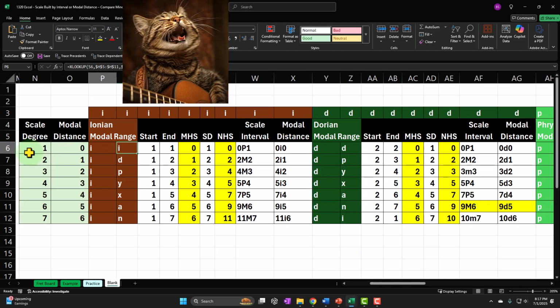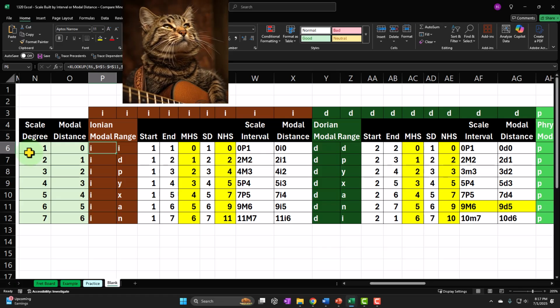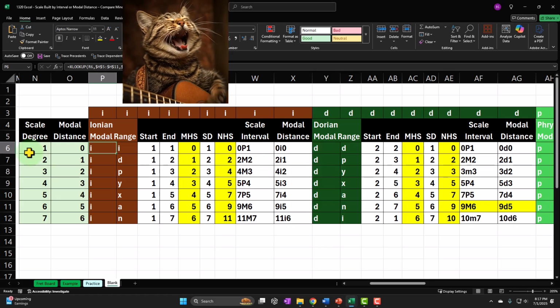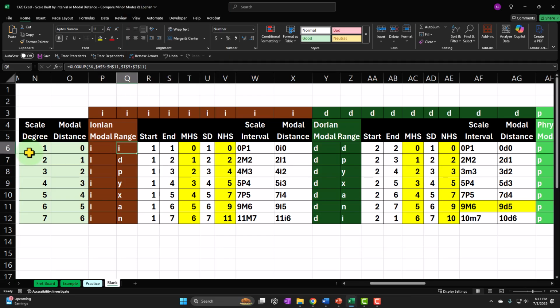And then we compared each of the points that we're looking at and built our shape around it. So if I start on the Ionian, that would mean I have an II, an ID, an IP, and so on. And then I can measure the distance between them using, in essence, 2 measuring tools. The scale degrees are basically the modal half step, but mismeasured, right? So we have the modal half steps, and then the scale degrees, which are 1 higher because they're off by 1, and then the measurement in notes, and then we gave the normal scale terminology and the modal distance terminology,